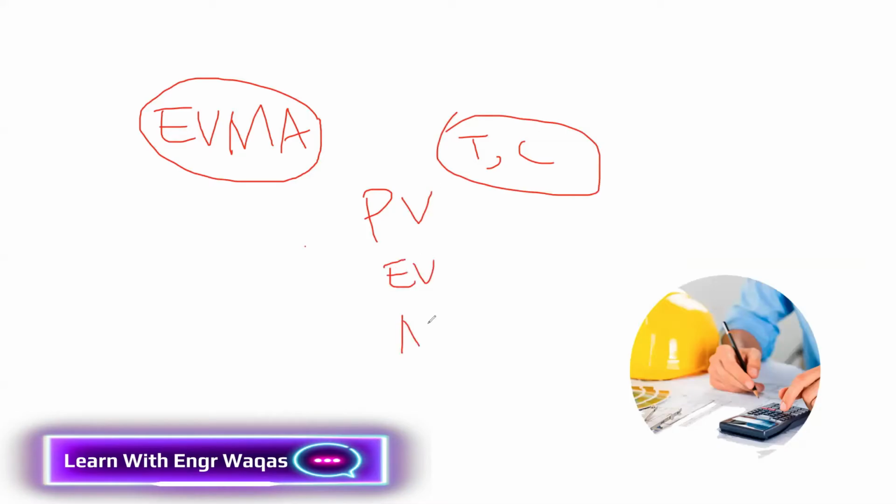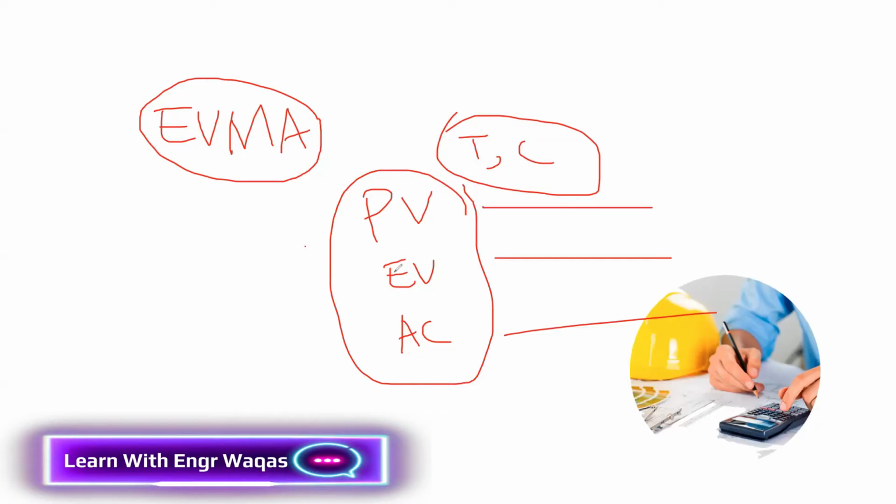Status. It is going to provide you project status with respect to time and cost. You need to understand this to make this analysis. Planned value, earned value, and actual cost, these three things will be tested. You need to understand their formulas and their definitions, and on the basis of these three things, you need to make